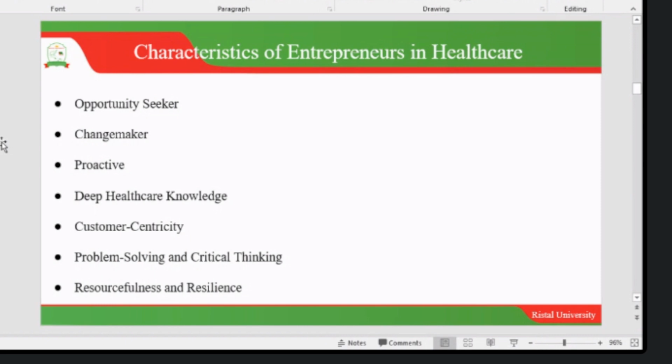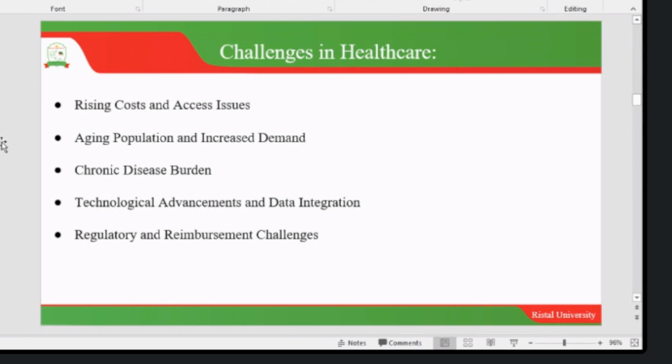Then they are very resourceful and resilient, like we had said. They are never into giving up whenever they face challenges, but embrace these challenges and make the best out of them. So the challenges in healthcare that create those gaps, which are identified as opportunities by good entrepreneurs in the healthcare sector, include rising costs and